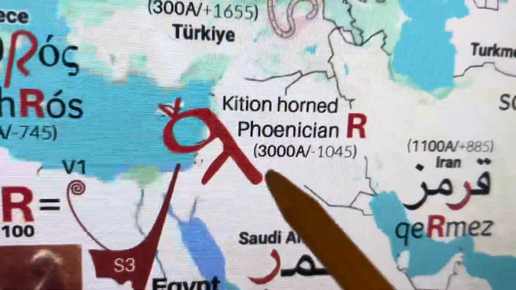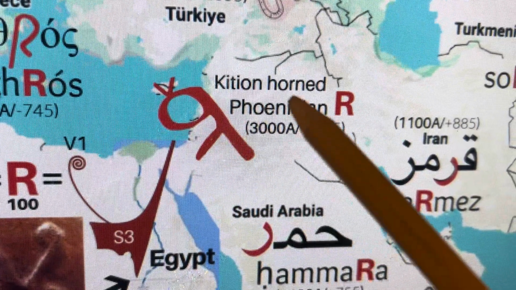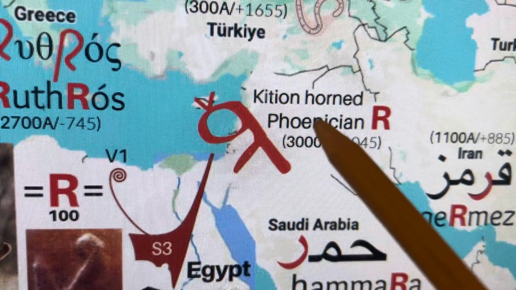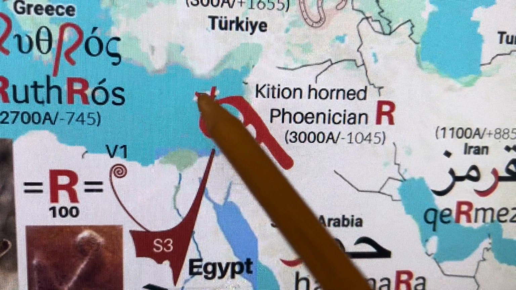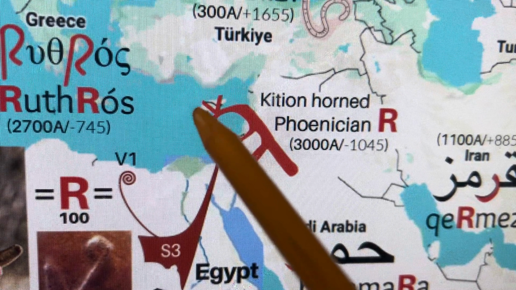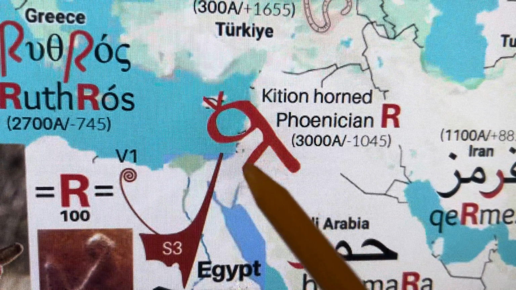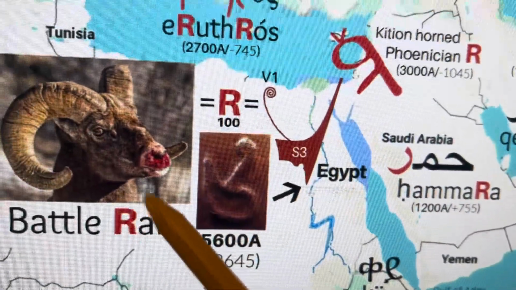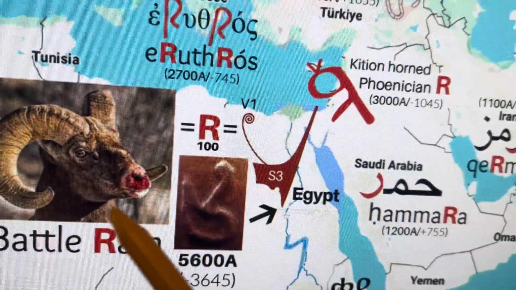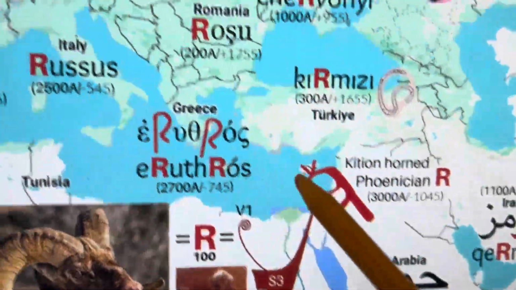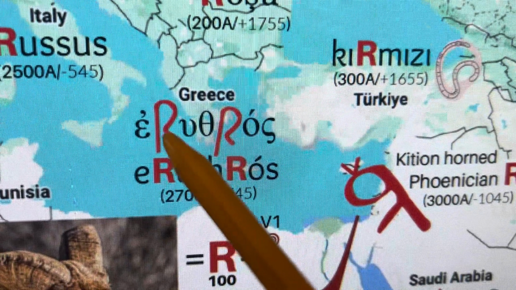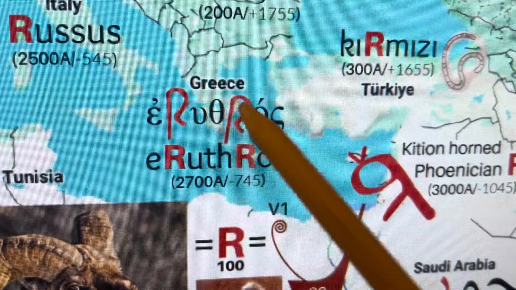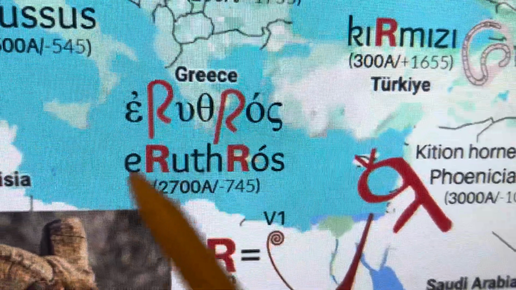This became the Phoenician R. These are the Kidion horned Phoenician R's from Cyprus Island, found here. Some of the earliest Phoenician R's have legs, which is the leg of the ram when he's about to crouch up, about to headbutt. These became the Greek R. We see the head here and the front legs curled up, about to headbutt another ram in a war battle. And the word